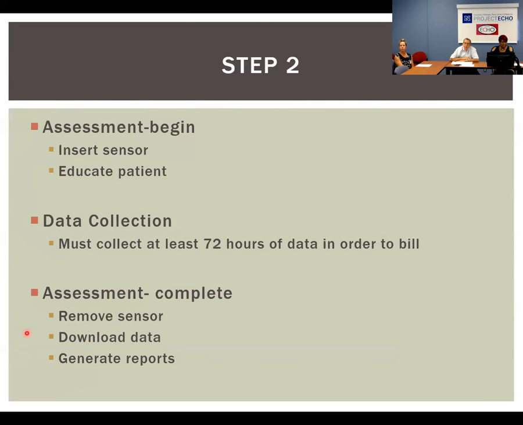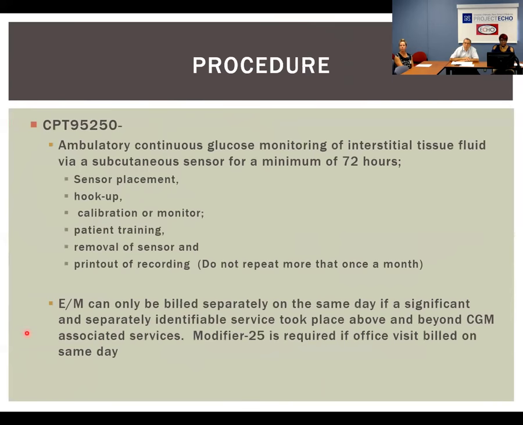And then the patient comes back in, you remove the sensor, download, and generate your reports. All of this is going to go in your 250 code. So when you look at your 250 code, and this is what it's going to say on every piece of information that you ever get, it's an ambulatory glucose monitoring of interstitial tissue fluid via subcutaneous sensor for a minimum of 72 hours. And I cannot stress that 72 hours enough, because if you get a denial, you have to have a printout of that download in order to submit. So you have to have at least 72 hours of data on that download